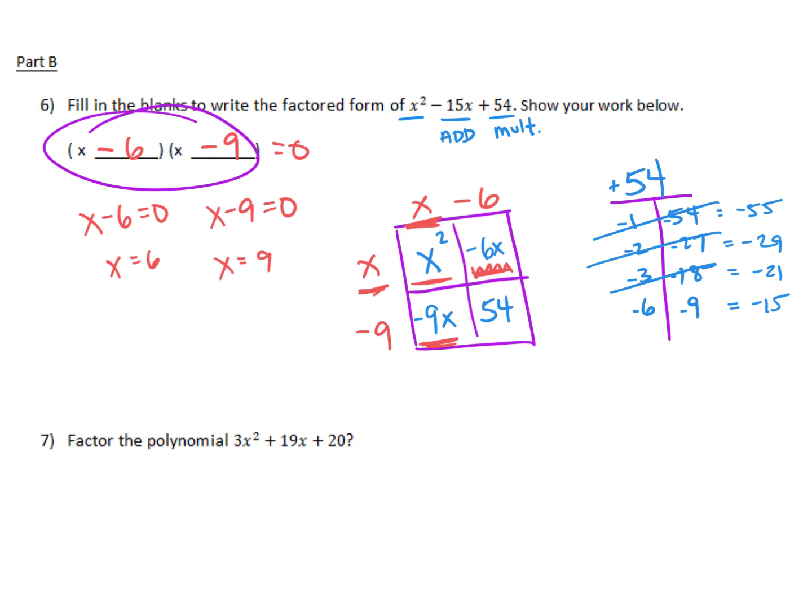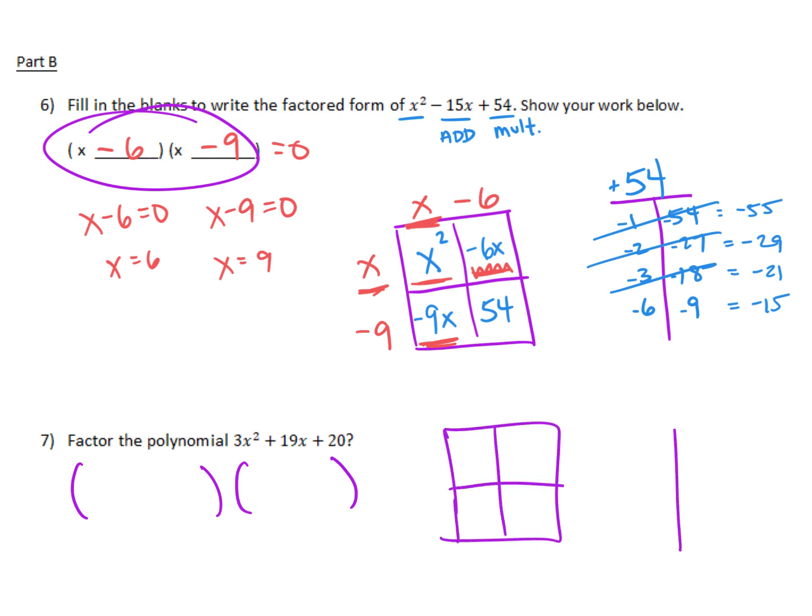So the next one, we're factoring it again. So we're going to have two binomials. We're going to have our box. We're going to have our T. Very similar. Top left, we're going to put the first term, 3x squared. Bottom right, we'll put the last term, the 20. Now, the only difference here